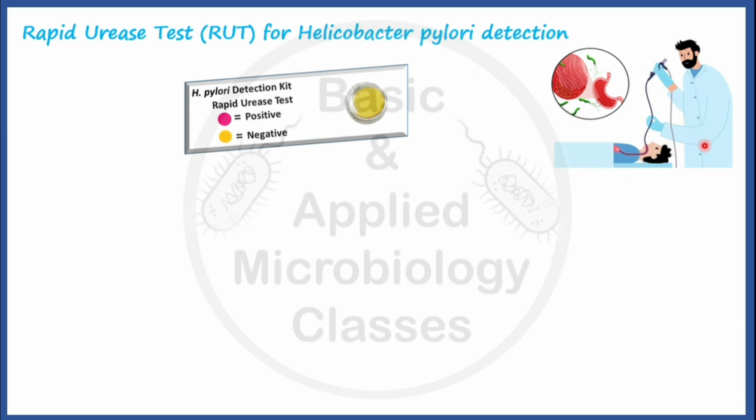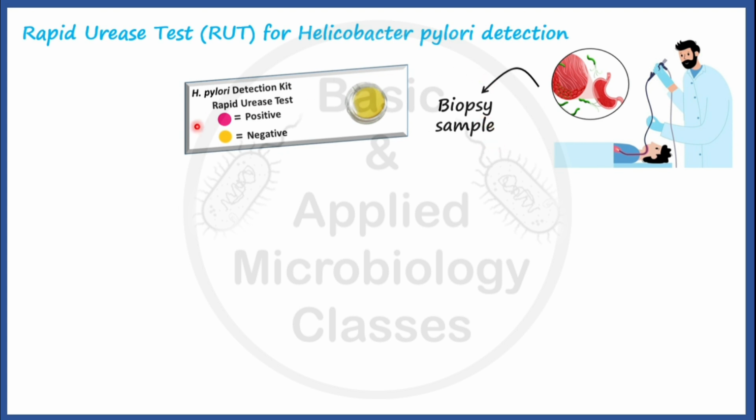Endoscopy is a procedure which is used mainly to study the internal organs of a patient, right? And during endoscopy, sometimes samples are removed for diagnostic purposes. In case of Helicobacter pylori infection, these samples are of mucosal tissue, right? Because Helicobacter pylori infects what? The mucosal lining of the stomach or the duodenum. So biopsy samples are removed during the endoscopy. If Helicobacter pylori is present in the biopsy sample, it means the patient is suffering from what? Peptic ulcer disease. Now the question comes, how do we check for the presence of Helicobacter pylori in this biopsy sample?